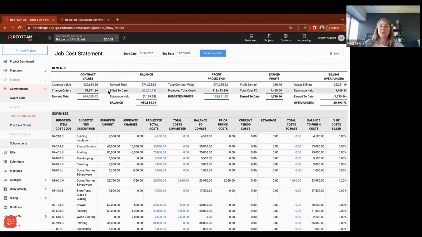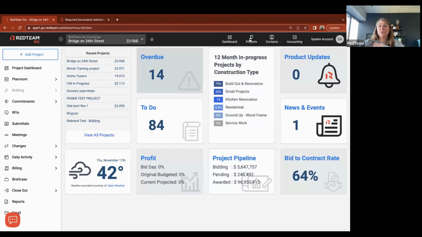Oh, you're talking about projected profit on the dashboard. Okay. So depending on your role in the company, your rights and responsibilities, depends on what you see here as projected profit. If you're a project manager, you'll see the projected profit for all of the jobs that you are the project manager on. If you are an executive with the company, you get to see the company information as a whole. So your profit is going to pull in